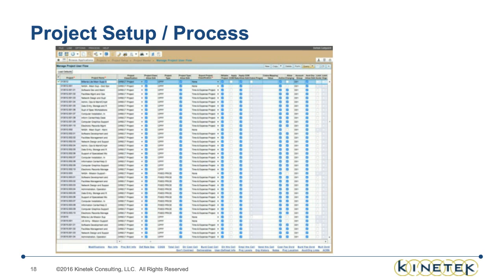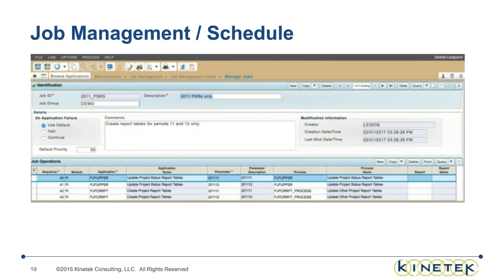The last thing in Costpoint that I'll just briefly mention is job management. There's the ability to do batch processing in Costpoint. I think you guys may be aware of that. If you're not, you should be doing it because you have month-end processes that are the same month after month after month, and there's no reason for somebody to be pushing all of those buttons. You should just have it on a schedule to run at whatever day it needs to run.